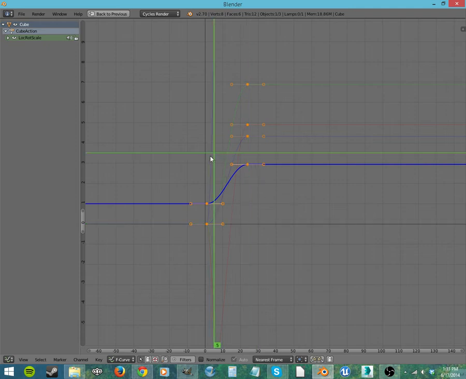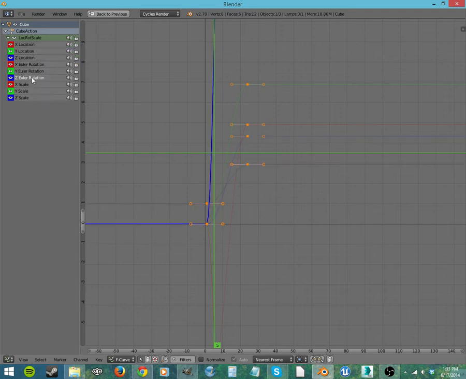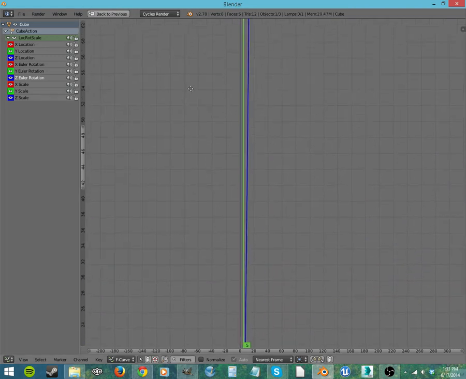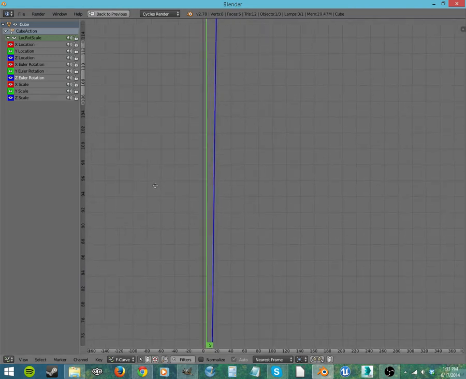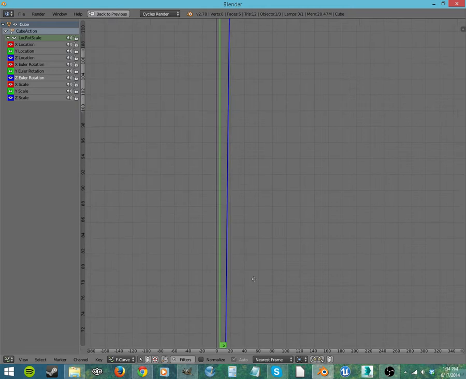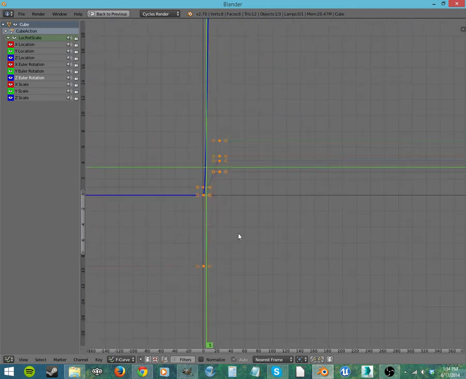Now you can see on this graph, we have this Z, and we have this Z. You have these numbers over here going all the way up to however much I rotated it. I rotated it 128 and a half degrees. And then we have this Z location. I've moved it